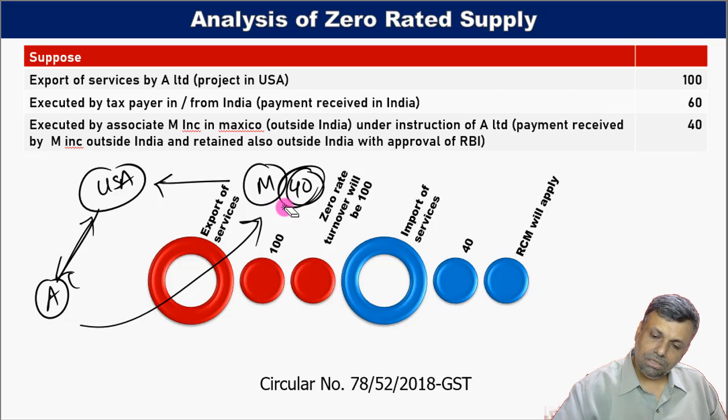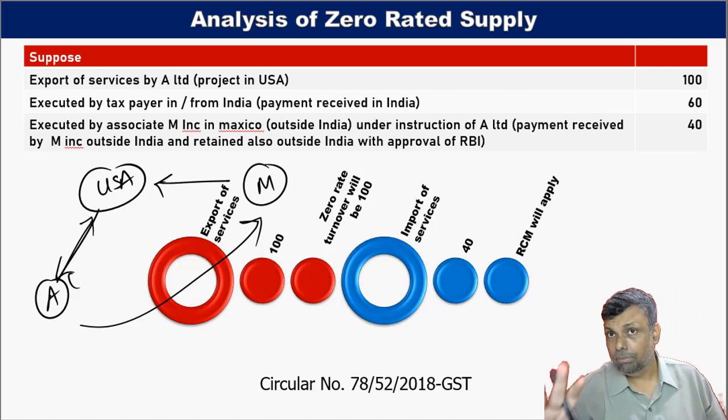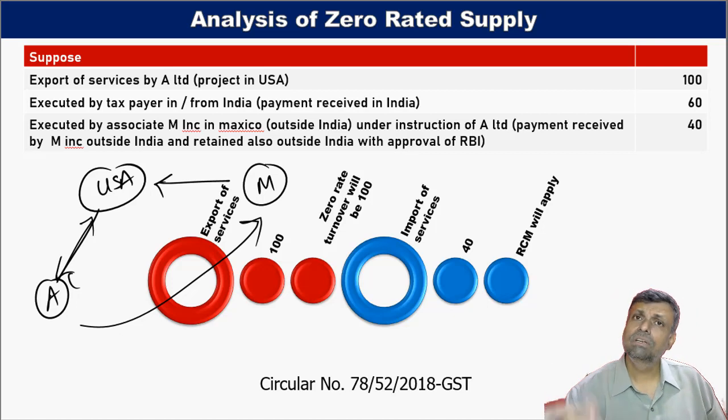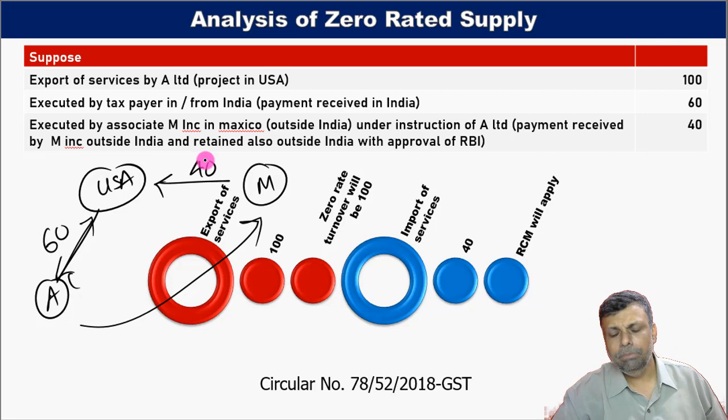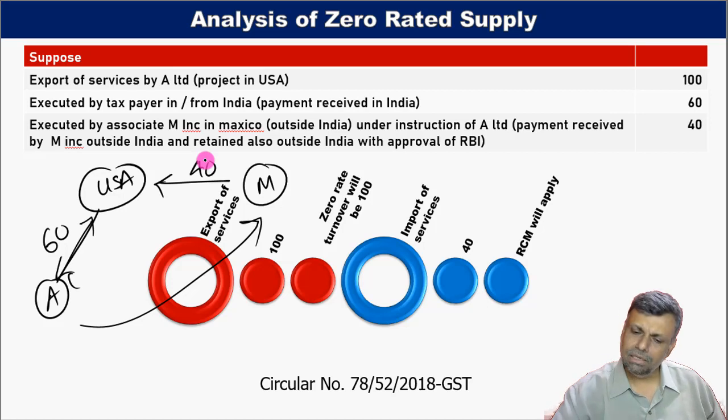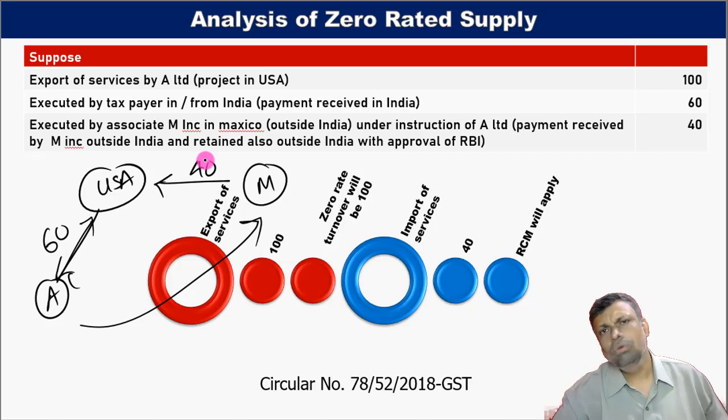But now the circular was required to answer that, supposing the transaction is done like this. Now imagine, supposing the transaction is done like that. I tell my customer that you have to pay a total of 100. So what you do is you pay me 60, and please make the payment of 40 to M. So ultimately you have to pay 100 only. So either you pay me the full 100 and then I pass on the money, or instead you pay me 60, and I'm giving you a covering letter. The balance 40 you pay to M. Okay, customer will say